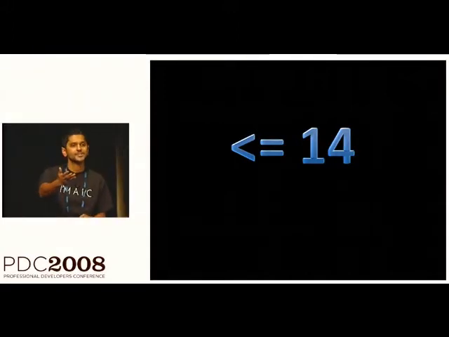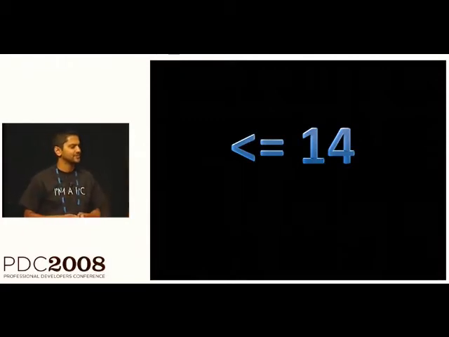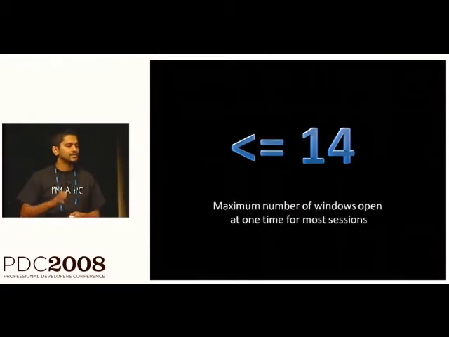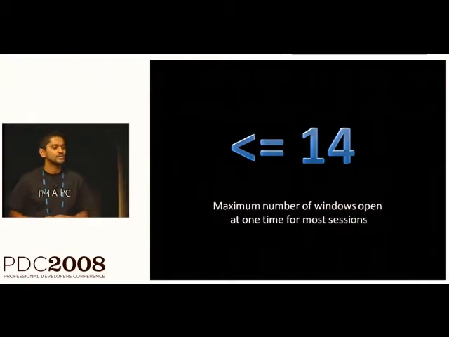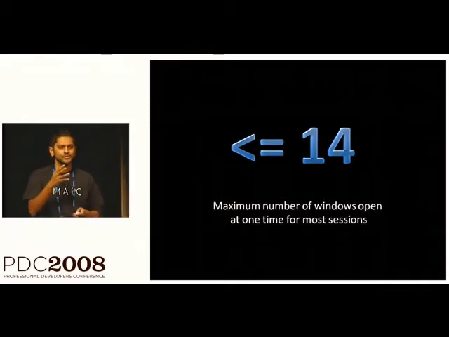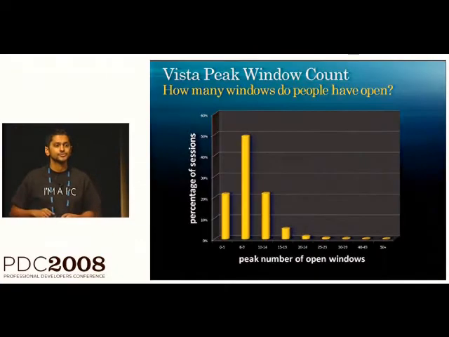Oh, good answers. Again, if I had something, well, the M3 build, you know the spiel. It's going to get tiresome. Yes, you're right. It's the maximum number of windows open at one time for most sessions. That's a mouthful. What does that really mean? Personally, I hate seeing these little data nuggets and then not knowing what the full story is. So here's the full story.